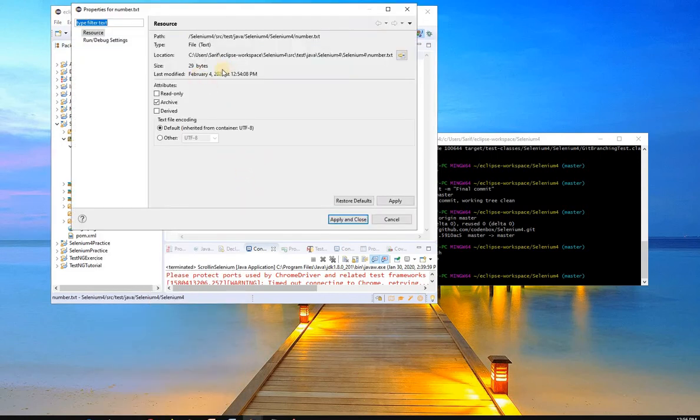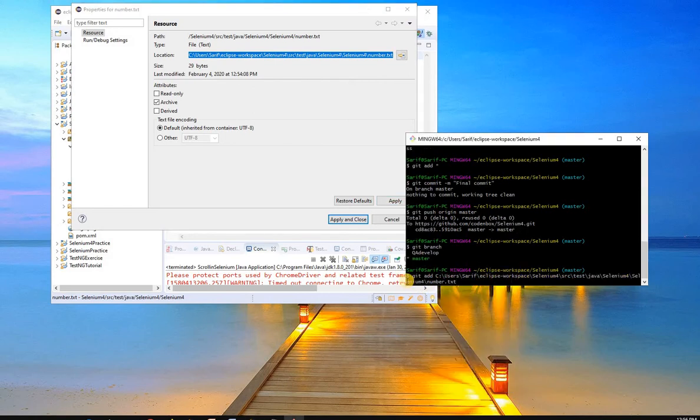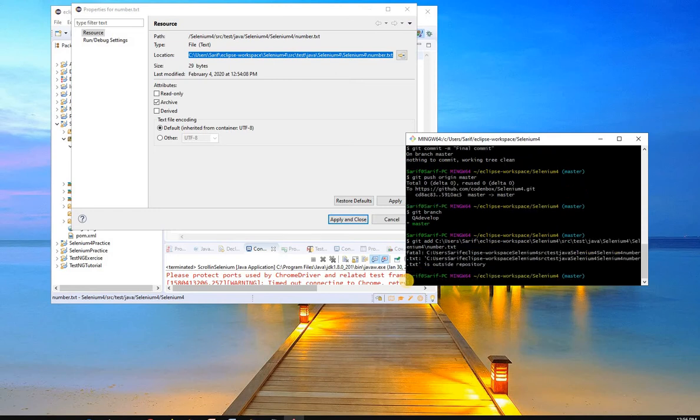That's okay. This is the path, right? Number file. Copy this and then come over here. Let's paste it. Okay, hit enter. Outside repository. Okay, looks like location, or use this one. Sorry,